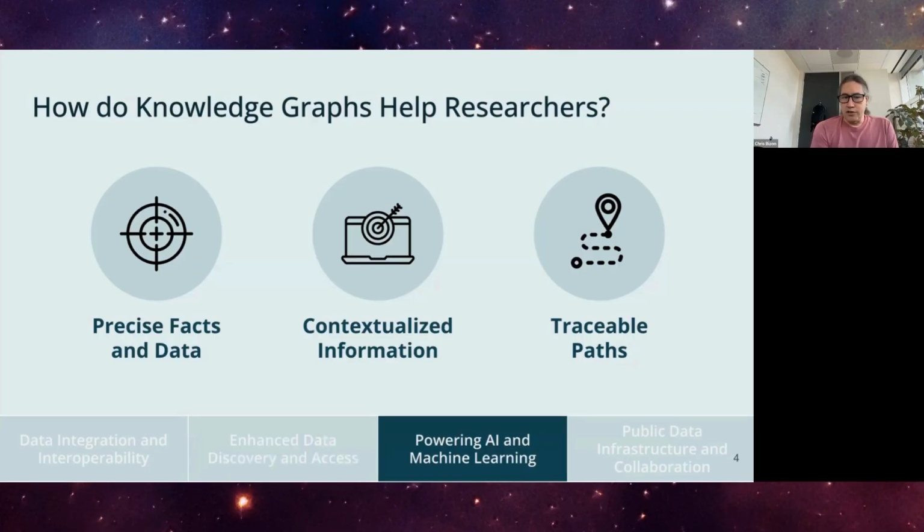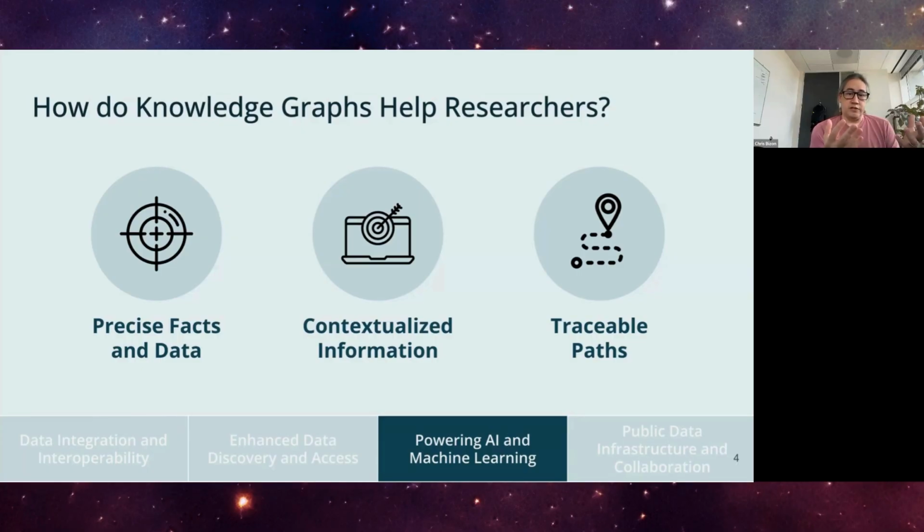As you might imagine, this is increasingly used in the AI and machine learning space. So one thing that we see somewhat frequently is the idea that, say, we're thinking about something like a large language model. We know that large language models can hallucinate information, but you can provide knowledge to one of these tools in the form of a knowledge graph. And the LLM is able to query the graph to double check information and to provide precise facts and data that it can use in a response to a user.